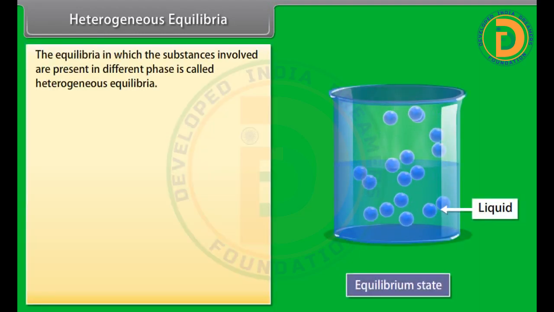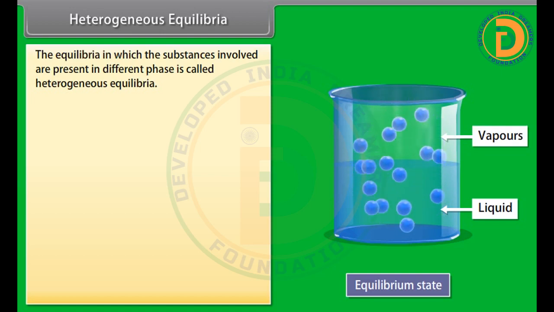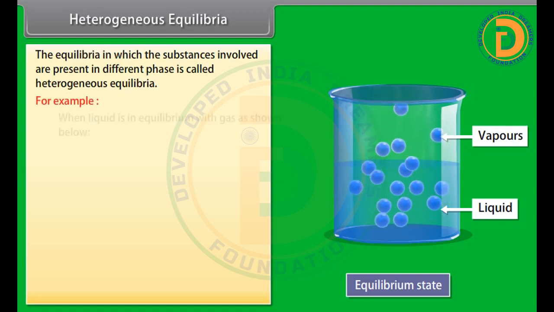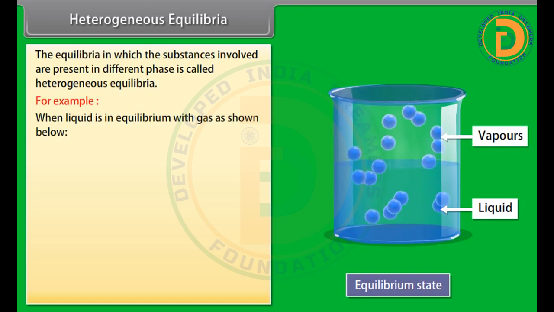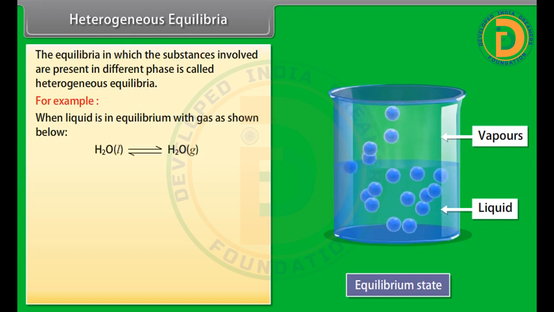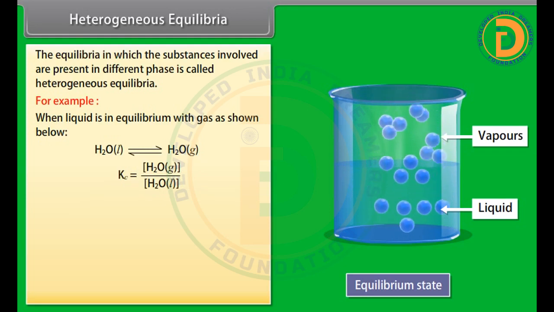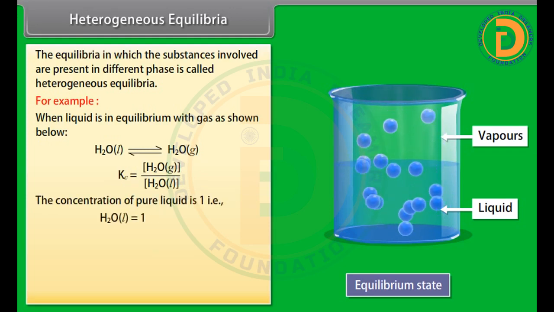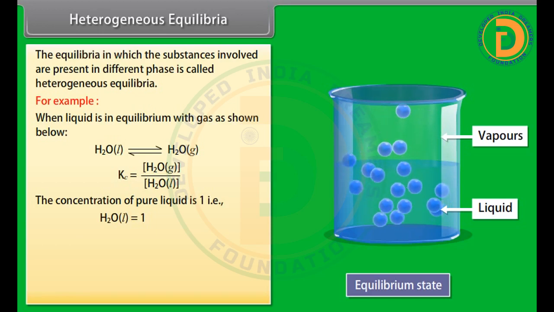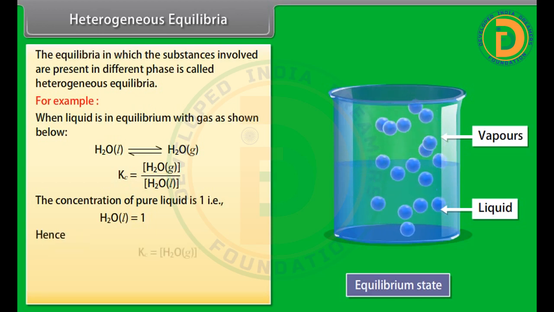Heterogeneous equilibria. The equilibria in which the substances involved are present in different phases are called heterogeneous equilibria. For example, when liquid is in equilibrium with gas as shown below, the equilibrium constant is. The concentration of pure liquid is 1, that is, H2O in liquid form is equal to 1. Hence,